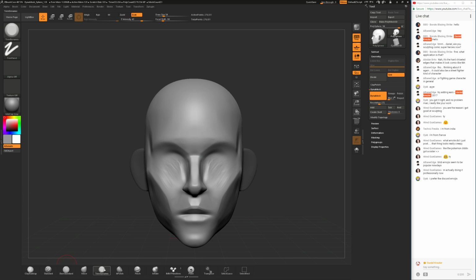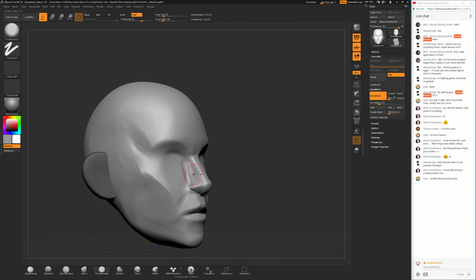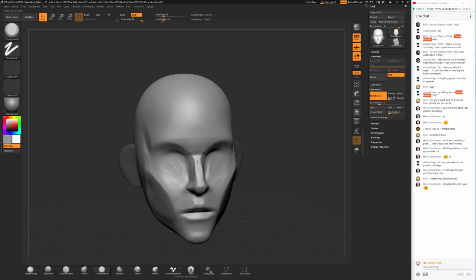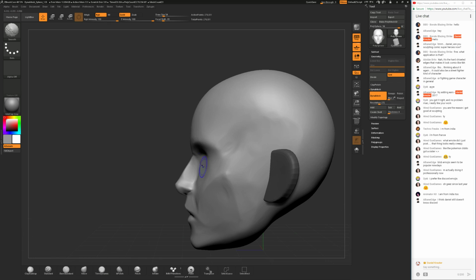For those who are wondering, by the way, I did modeling for quite long, but sculpting I actually started only 3 years ago. I mentioned previously the difference between polygon modeling and sculpting. I started out with modeling almost 10 years ago. No, maybe not that much, maybe 8 years ago. But sculpting is really new for me.